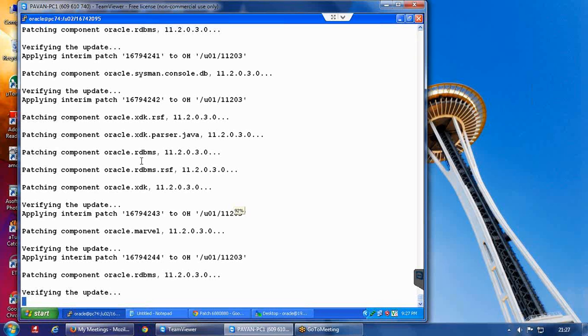So once the step of applying the patch has been done, then we have some 2 or 3 steps. We will see that once this is completed.